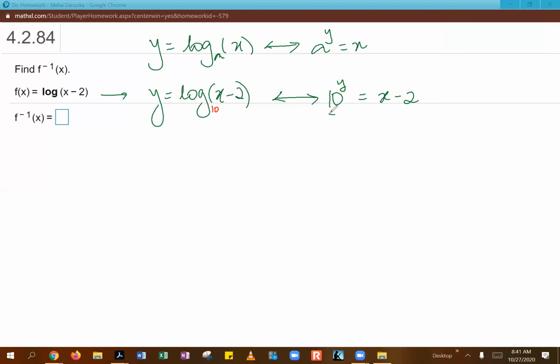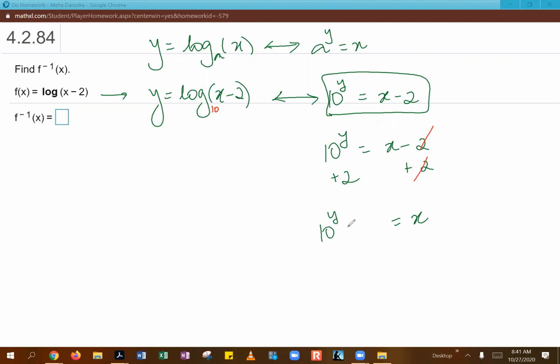So once you have it in this form, then of course, to get the final answer, you need to get your x by itself. So all we would obviously do at that point is add the 2, move it to the other side, and you would end up getting x on one side, 10 to the y plus 2 on the other side. Because these are inverse functions, we know x and y have to switch places. So x is where the f inverse notation will come in. And then you have 10 to the y